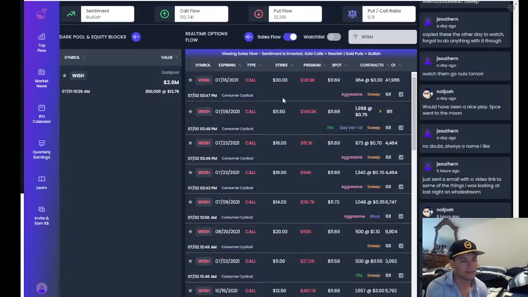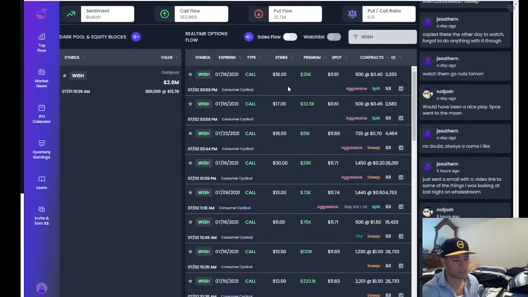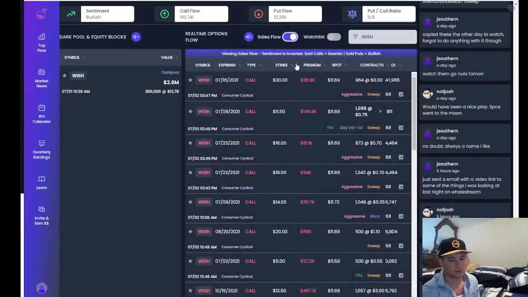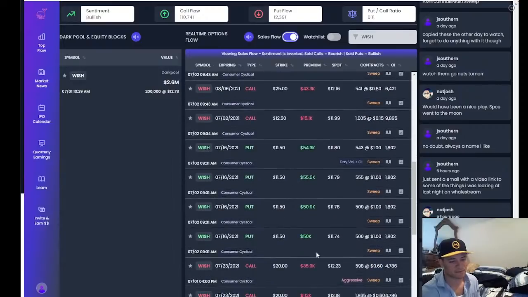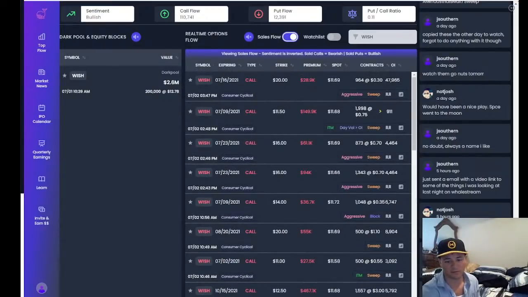I want to learn how to use this data more proficiently. Right now, I can only tell a few things, and what I can tell is that Wish is suddenly very bullish. You've got almost 10 times as many calls as puts. And if you look at who's selling, these are all selling covered calls, and they're all selling at the money puts. So these are both indicative of more upside to at least like $16, $15, $14, $16. So, all right. I hope that was helpful to some people.